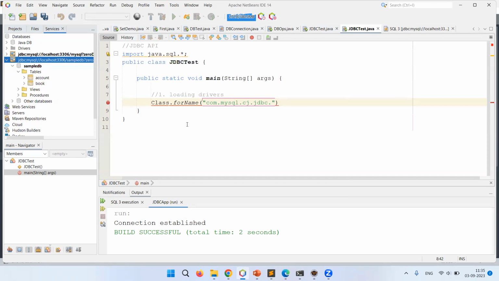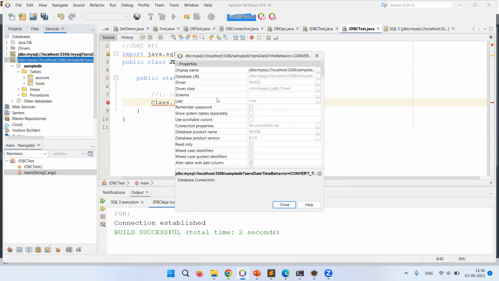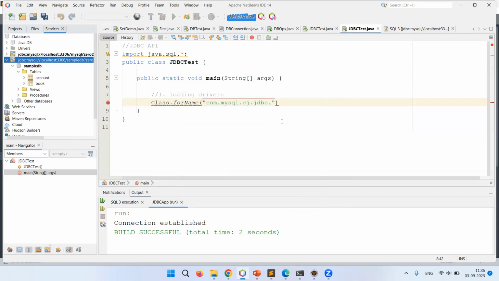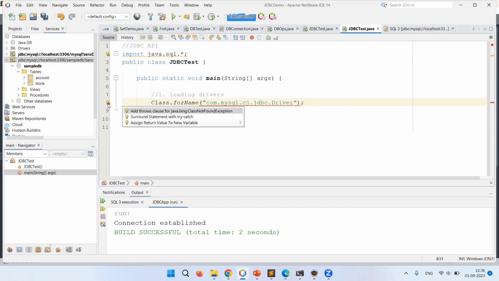If you want to know about the driver and connection strings, just right click here and ask for properties. Now you can see what the driver class is. You can get the driver class from here, com.mysql.cj.jdbc.Driver. You can copy this and paste it over here straight away. That's the usefulness in NetBeans. So Class.forName com.mysql.cj.jdbc.Driver, and yeah, I'm getting an error